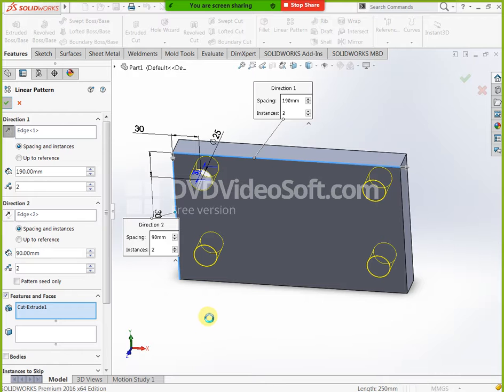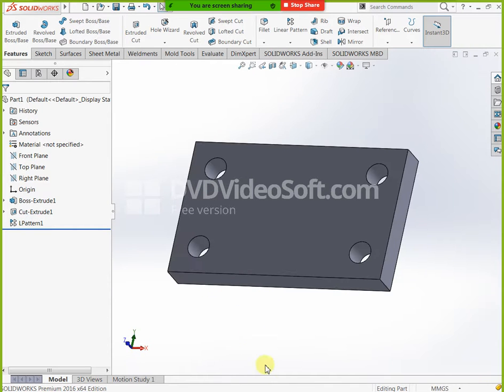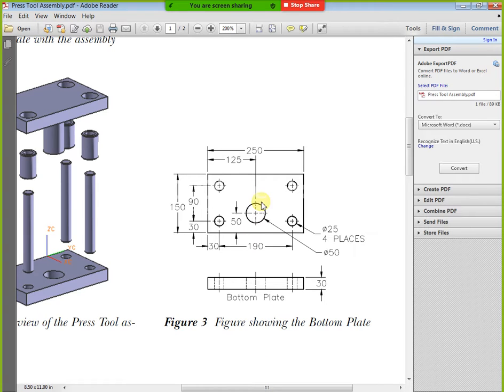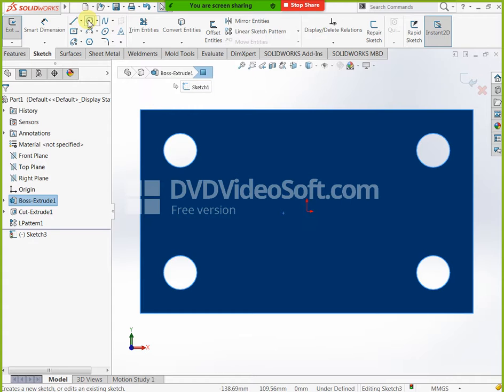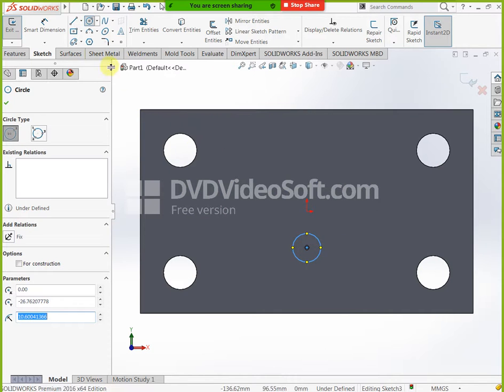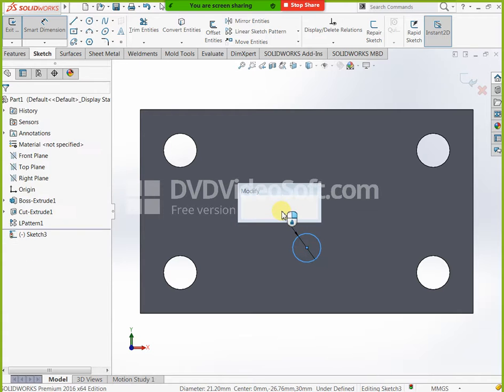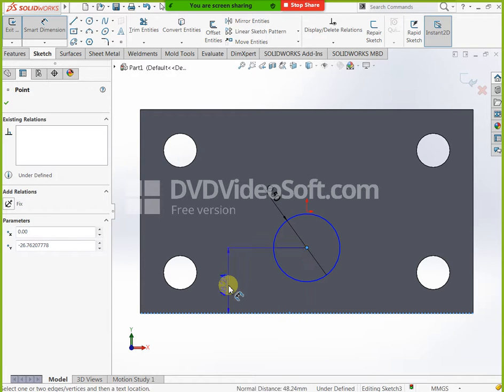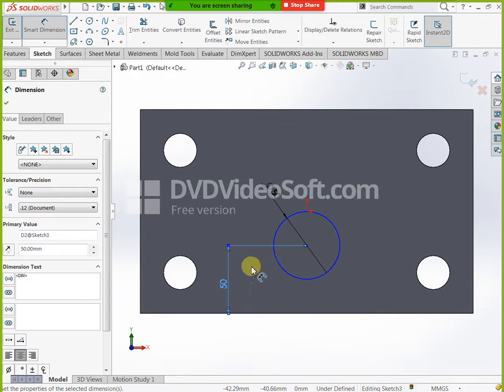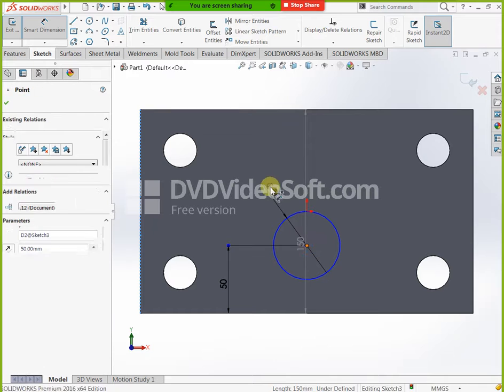This is our model. At the same time here we have one more hole, that is this one. Here we have position option 50 and middle of this one 125, and diameter of the hole 50. Now you can select this feature, go to sketch, control 8. Now you can place it here, dimension 50 diameter. Now you can check here to here 50. At the same time this point to here 125. Now you can do finish.